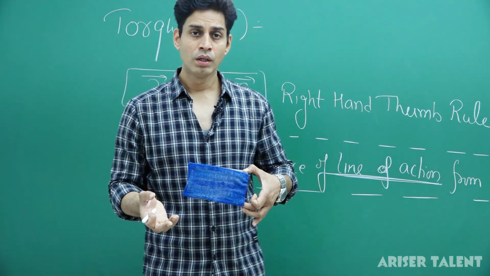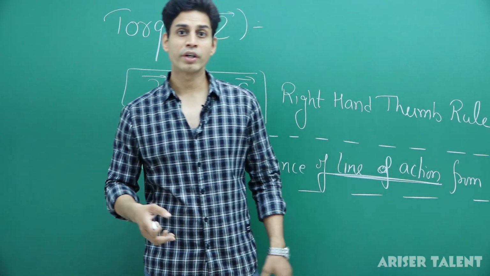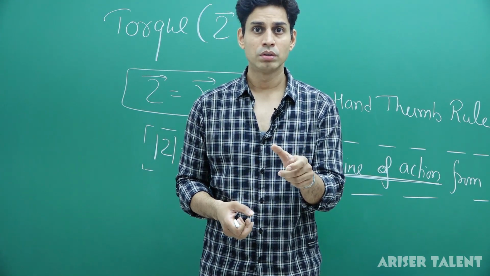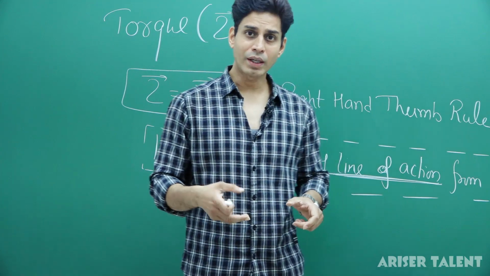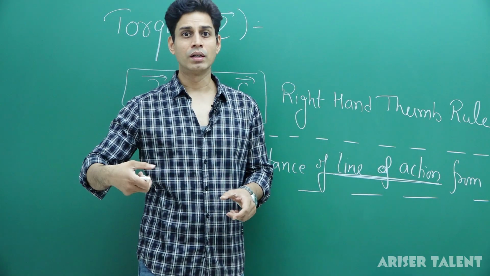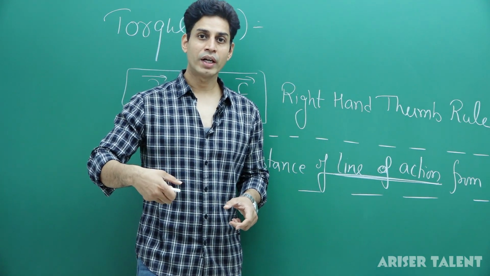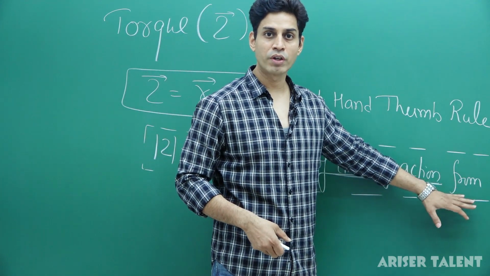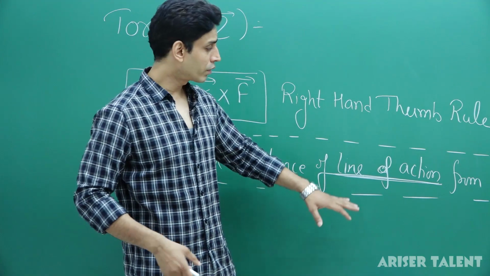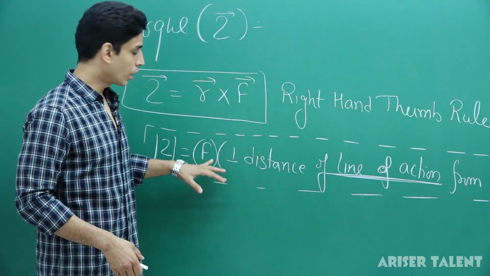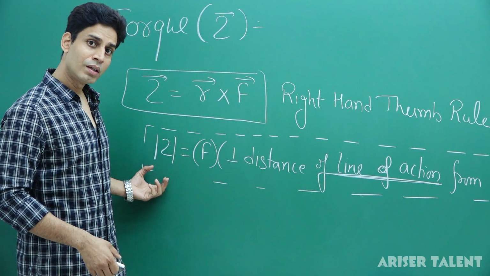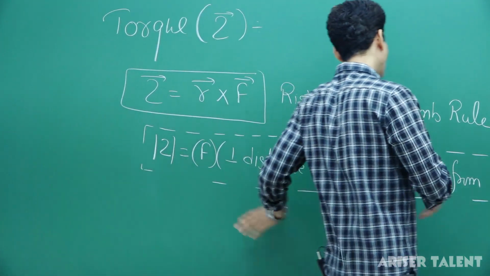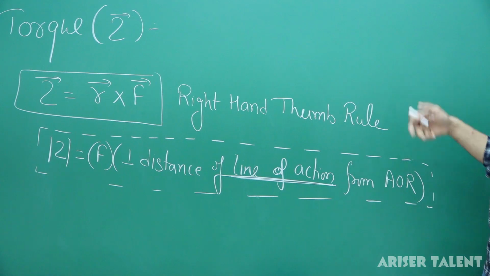You apply torque on a wrench. A wrench is just to open any nut. Okay, that is a wrench. It has a long handle, so that the perpendicular distance of the line of action of force from the axis of rotation is increased. The greater this distance, the less force you require to provide a good amount of torque. Okay, I am explaining this. What is this line of action? By drawing some diagrams.